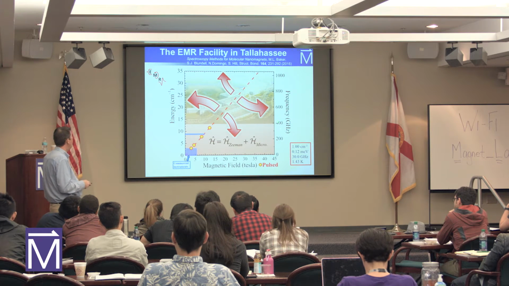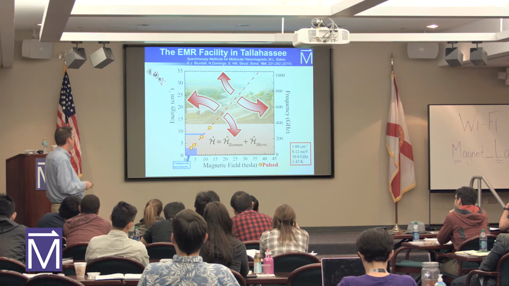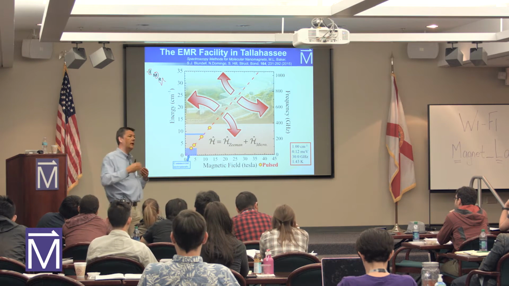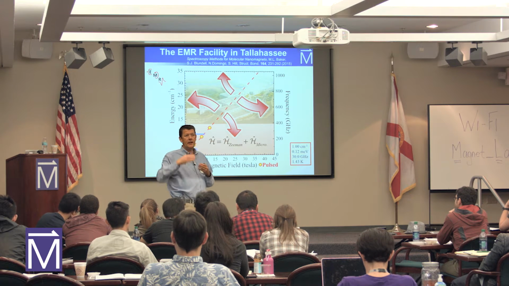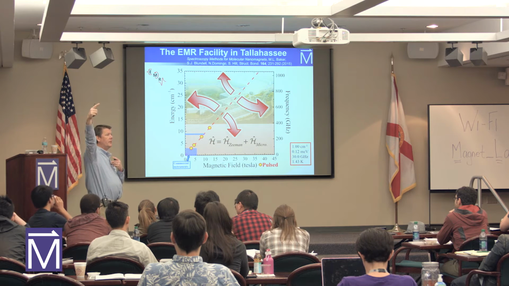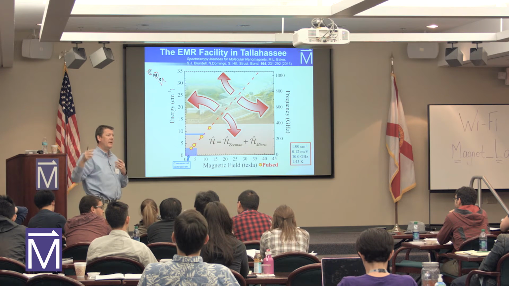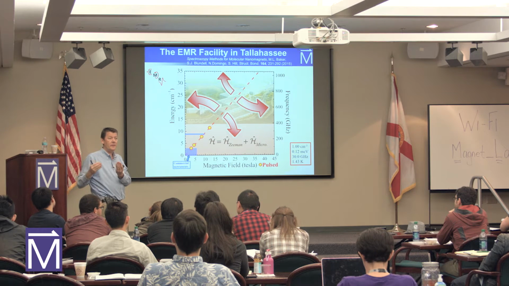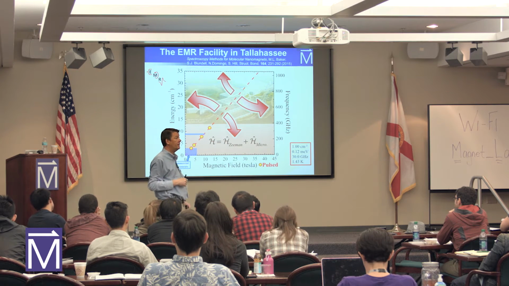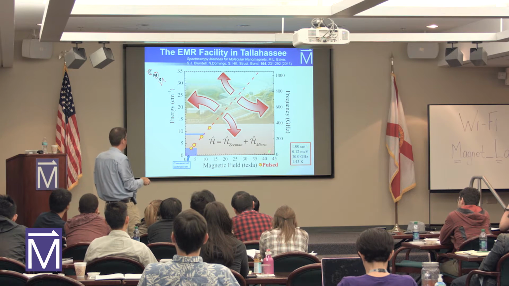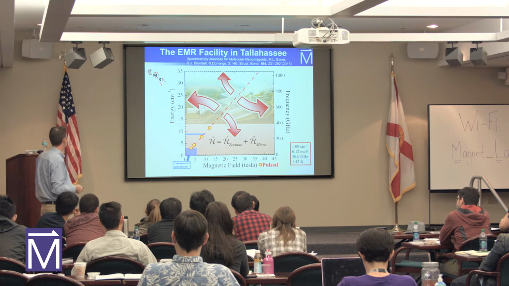sources. So the way that we do it, just very briefly, is we start with a low-frequency oscillator and we multiply up using nonlinear devices. We send the frequency that we want to our experiment, and then we mix it back down with a reference and detect again in the 10 gigahertz range or so. So we play a trick of multiplying up and then mixing back down to a low frequency to do these